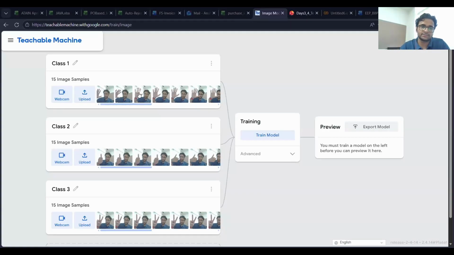It will take all these photos and then train its internal model over it, so that when we use a new input, it can tell me whether it's class 1, class 2, or class 3. It's a very basic example just for your understanding. So here, 3 classifications are there. One where my palm is clearly open, another where I'm showing a thumbs up, and in the other one, I'm showing a peace sign. So I'll just train this model.